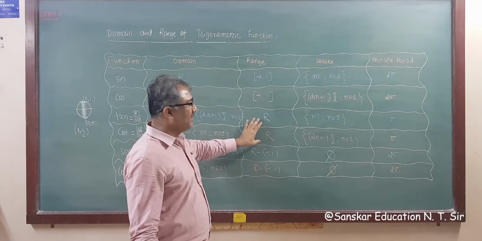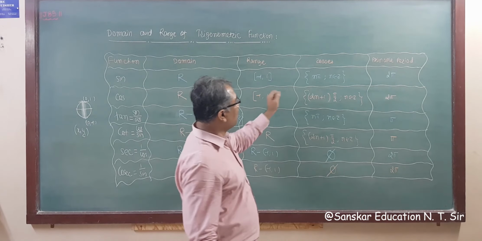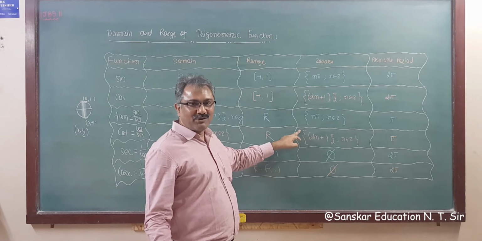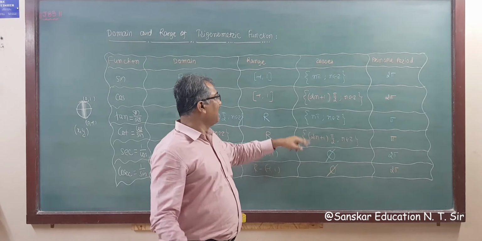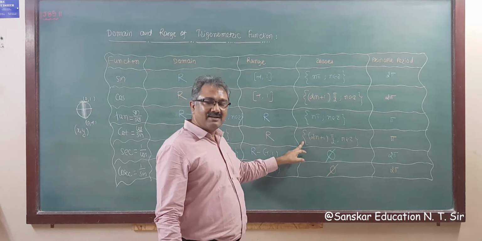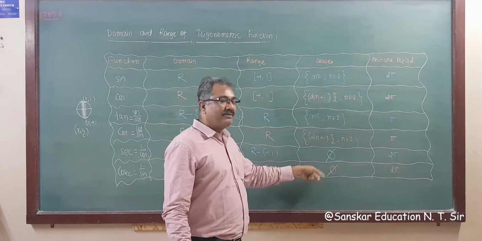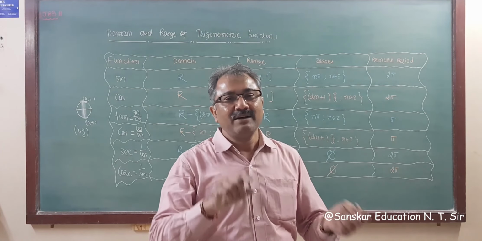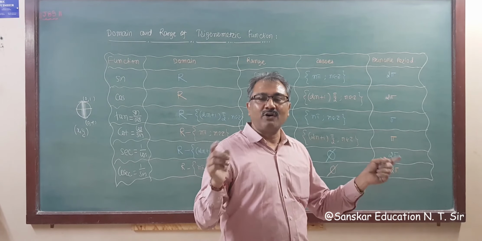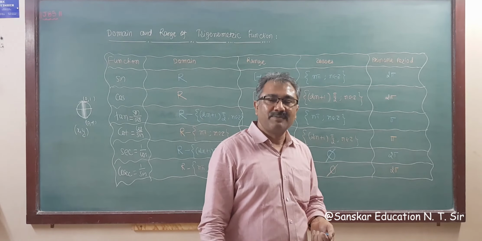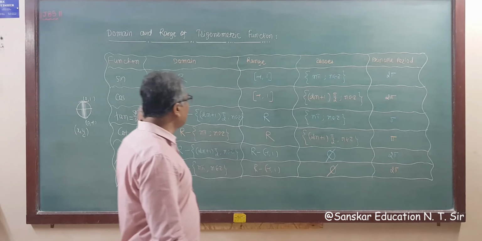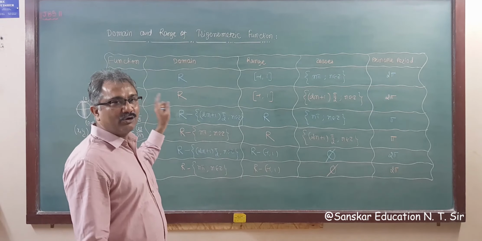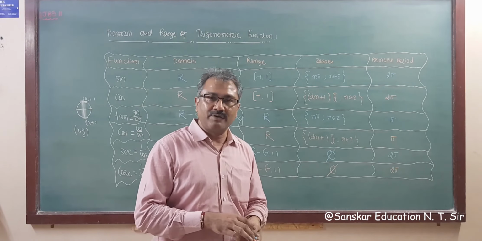For zeros, sin and tan have equal zeros, because both have sine in the numerator, and cos and cot are both the same, twice n plus 1 pi by 2. Sec and cosec are never equal to 0, so their set of zeros is empty. The principal period of tan and cot is pi, and the other four remaining functions have a principal period of 2 pi. So remember this table. These tables and the trigonometric value tables are very important for your further studies.